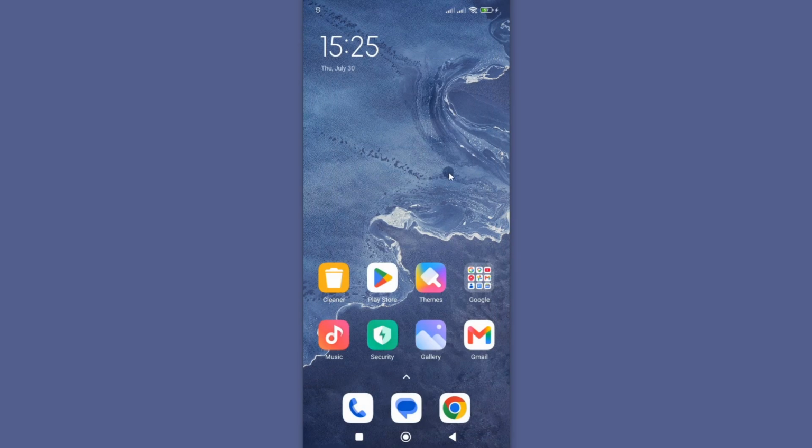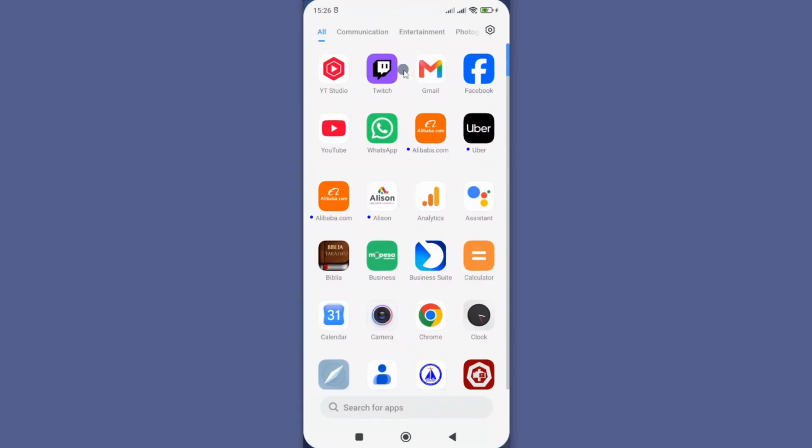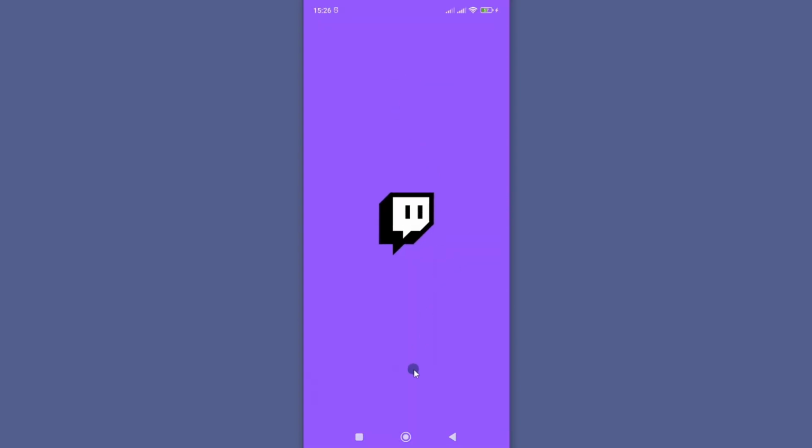However, if you still can't use your app because of this unexpected error, then try and use any browser to log in your Twitch account and see if you'll be able to stream using the web-based version. If you experience the same, then most likely Twitch might have experienced an internal error. For that, you need to wait after some few minutes. Now, if you come back to Twitch, you should now be able to log into your account and live stream